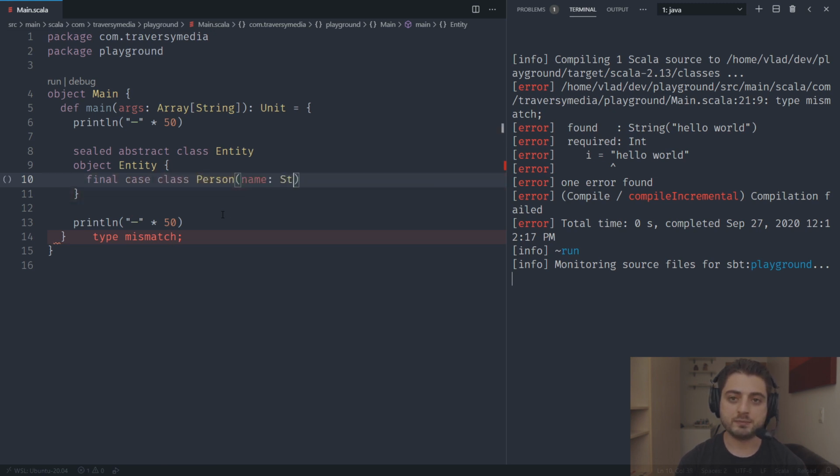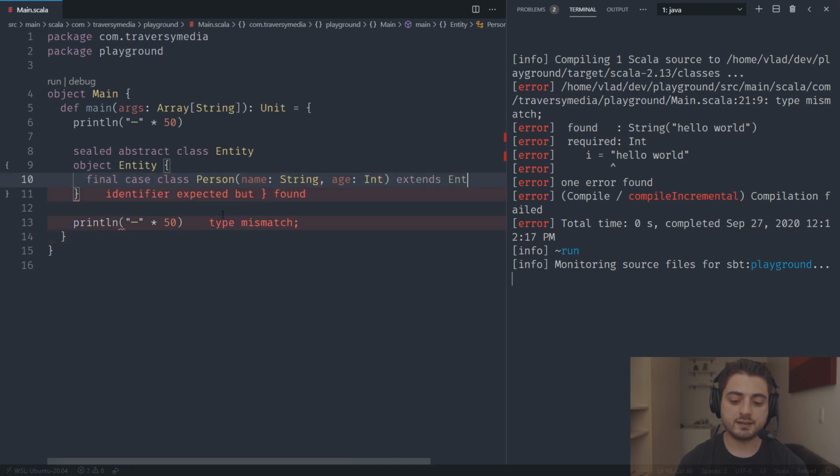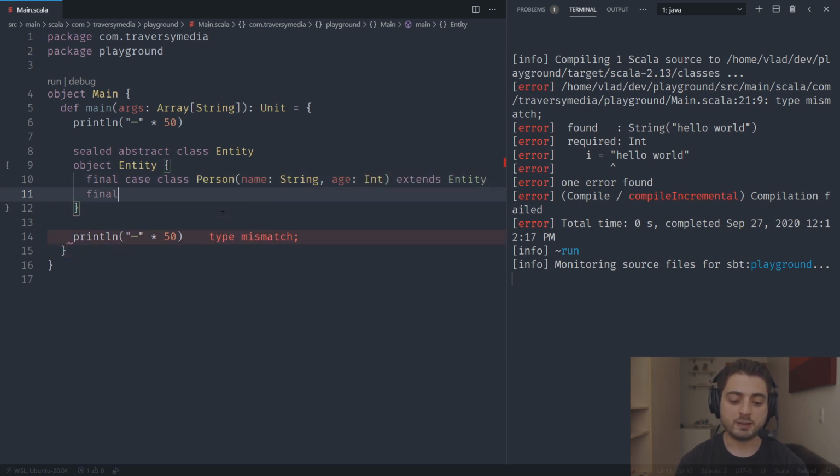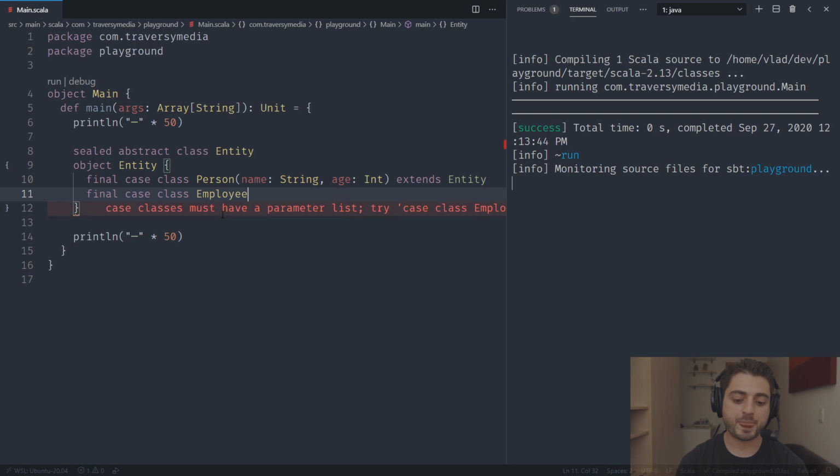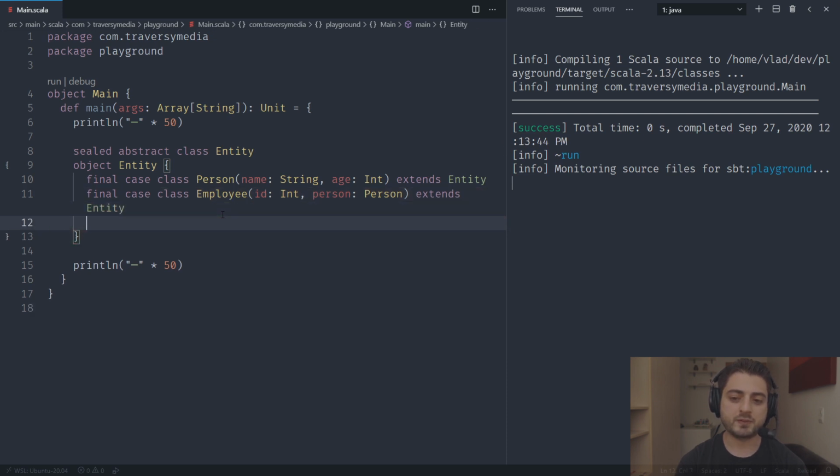It's going to be name, string, and age, and extends entity, same as before. Now we're also going to have... why is that red? It shouldn't be red. Okay, so now we're going to have case class employee. It's going to have some sort of ID, which is going to be an integer, and it's going to have its personal data, person extends entity, and we're also going to have the last one. It's going to be case object